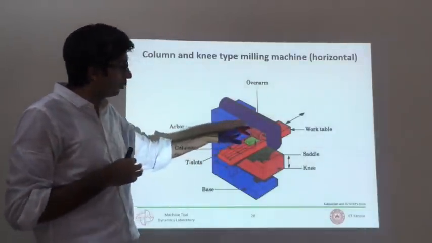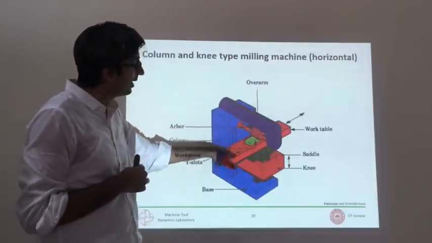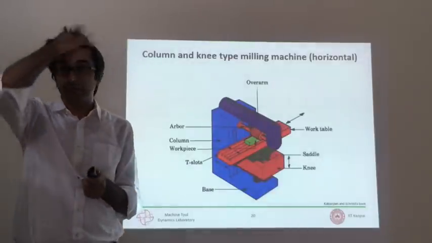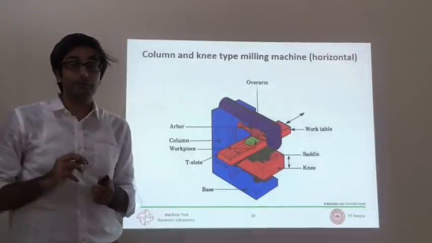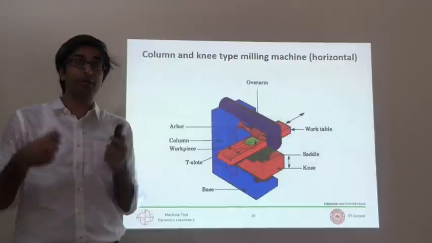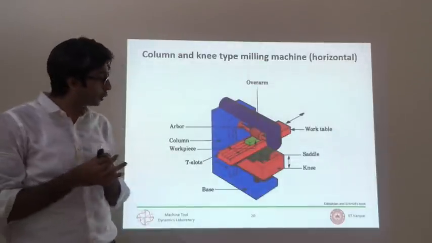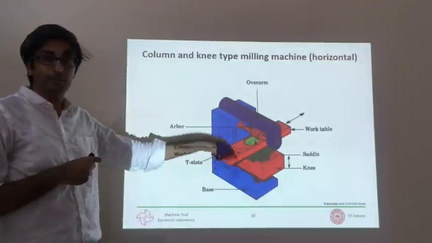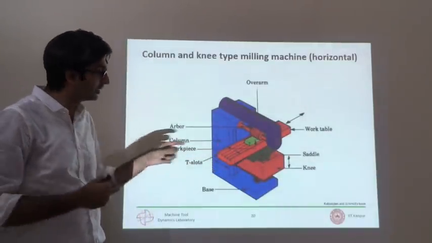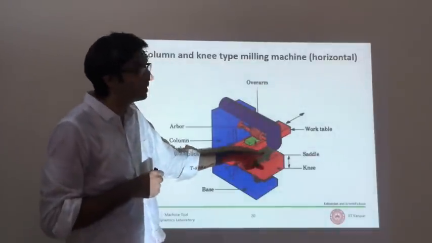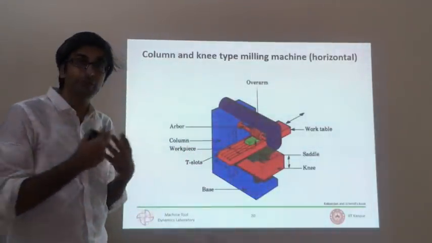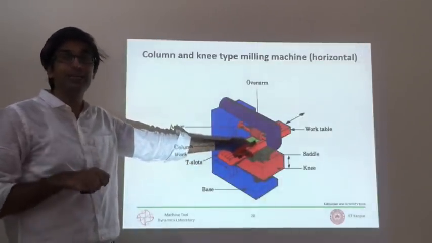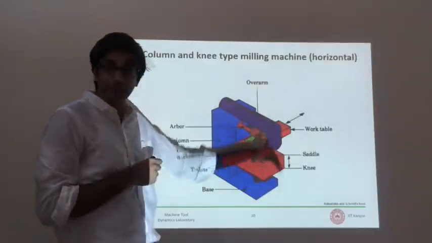So that is essentially what there is to this machine. The drive for each of these axes is again a screw-nut arrangement, like we saw in turning in the lathe machine. It has a similar screw which is driven by a motor. The nuts are on each of these components because the screws are fixed between centers, and the nuts are either on the table or on the saddle or on the knee. Those nuts will translate and you will get translational motion at the workpiece which you are finally interested in. That is how these machines work.